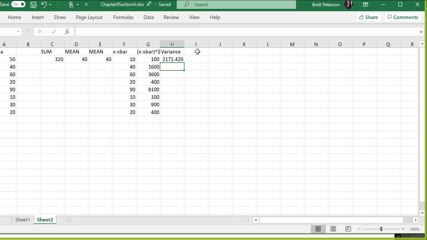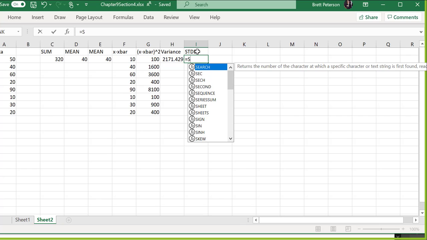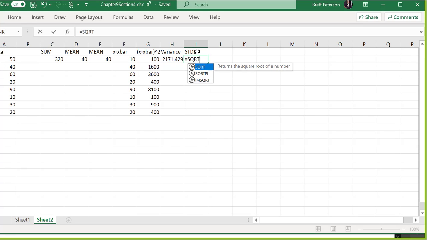And then our standard deviation is going to be equal to the square root, which in Excel is SQRT. So we take the SQRT of H2, and we get that our standard deviation is 46.59. I'm still a little bit confused, but I think I'll just go to